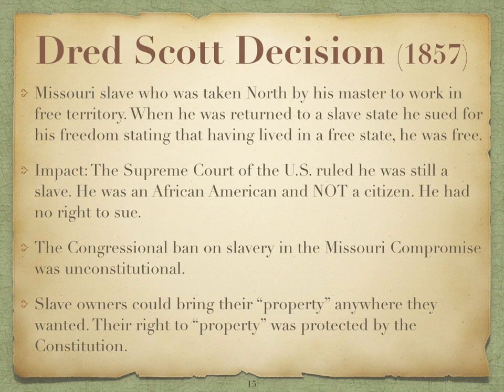This one's very important. You should remember this for this course. The Dred Scott decision. There was a black man, an educated black man. Remember, in those days it was illegal to teach your slaves to read or write. And he was the slave of a U.S. Army officer who was stationed in the South. But then the officer was transferred to, I think, Illinois or Indiana, I forget which. And then when he was transferred back to a southern state,